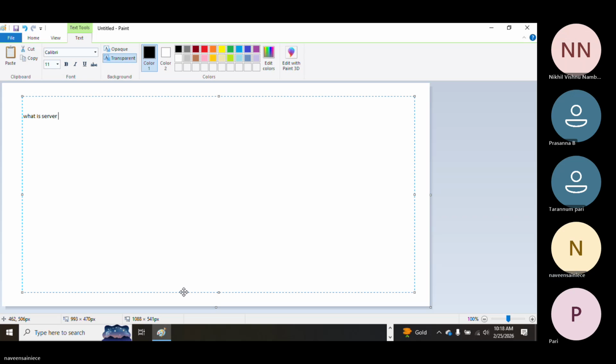Anyone? A place where multiple operations can be done. That is my understanding. Okay, see here, your laptop is like a server. The definition is: any hardware where an operating system is running is called a server. So your laptop is like a server. But there is some difference between your laptop and a server, that you will see here.